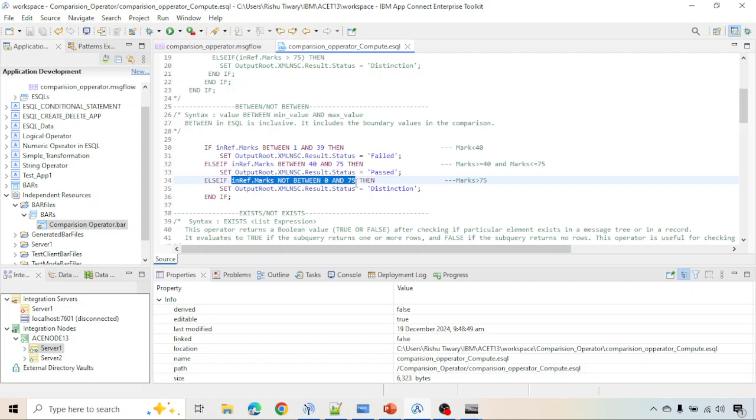Okay, now here, first I am checking if inref.marks is between 1 and 39. So 1 and 39 are inclusive. If someone is scoring 1 mark, it is included. If someone is scoring 39 marks, this is also included in this condition. In other words, if marks is less than 40,